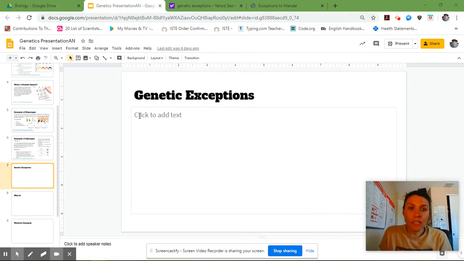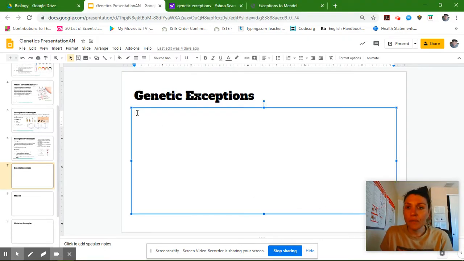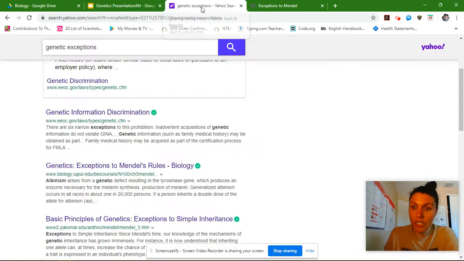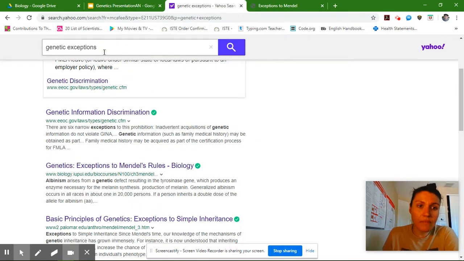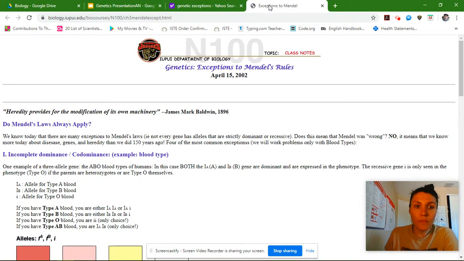So the first thing I'm going to do is I'm going to turn this into bullet points. And then I went to my search engine and I just typed in genetic exceptions. And I found this site from another school called Exceptions to Mendel's Rules, which is what I'm looking for. So when I click on this website,